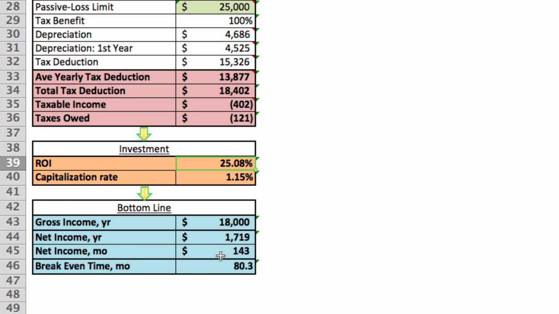Now, let's go to the bottom line box. We see here $18,000. That's the gross income of the $1,500 each month brought in for the full year. But the net income is actually $1,719, which is equivalent to $143 of net income every month. Now, that's the amount of money that you actually pocket every month after all the expenses, mortgage, taxes are paid